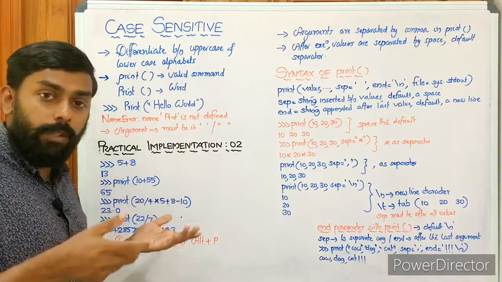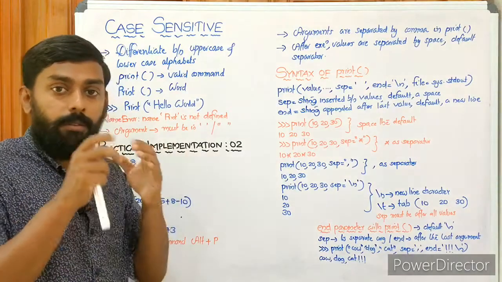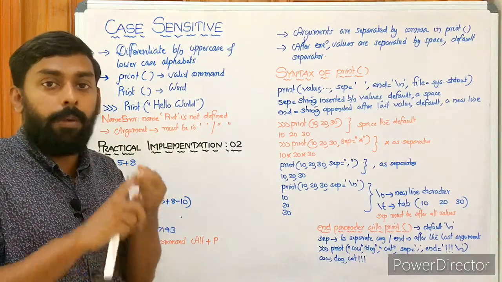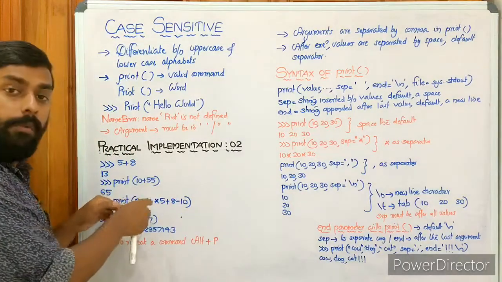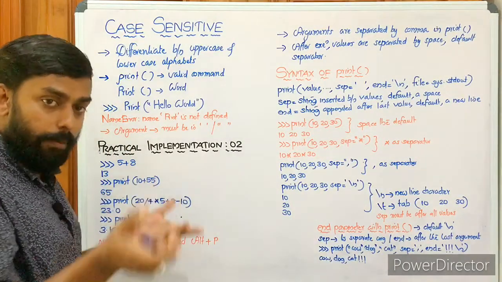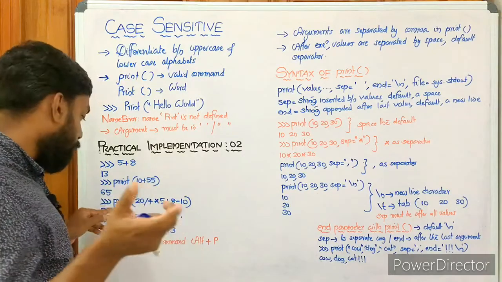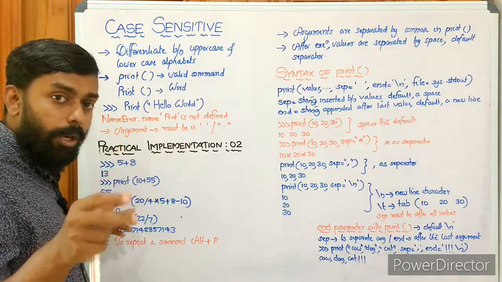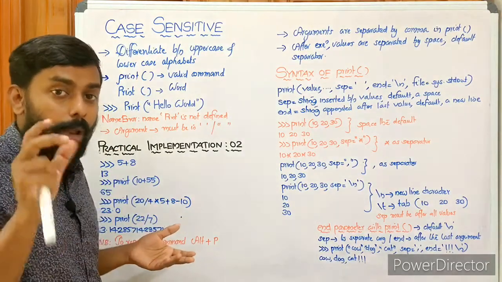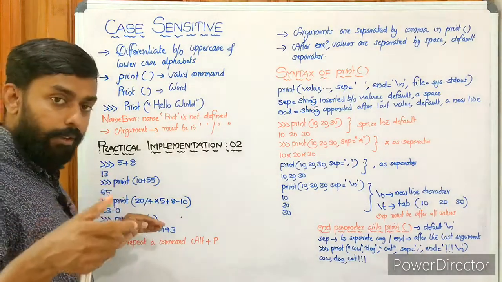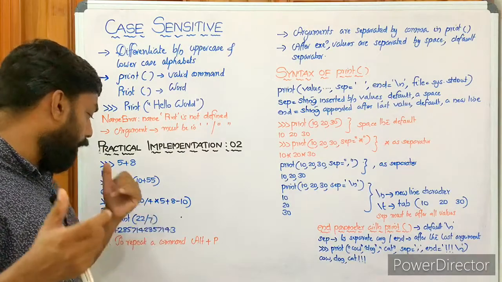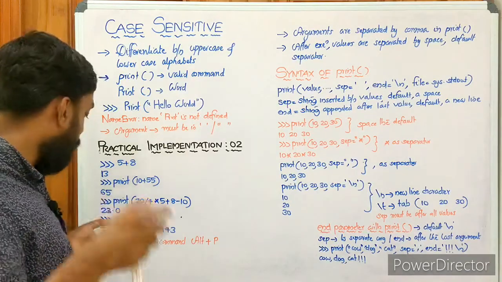You know, it works with the BODMAS rule: brackets, of, division, multiplication, addition, and subtraction. So divide will be executed first, then star, then plus, then minus. Of course, yes. Then it shows 23.0. It's a floating point value, a decimal value, right? Yes. Then we have print 22 by 7. It shows 3.142, and it goes on. The value of pi.